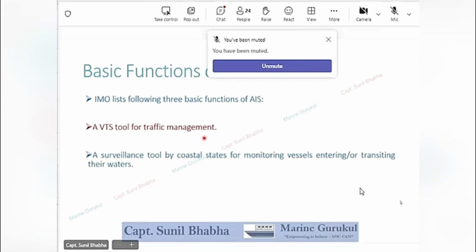Number two, looking at the security aspect, AIS is considered as a surveillance tool by coastal states, which is used for monitoring the vessels entering or transiting their waters. And AIS is certainly a navigational aid for collision avoidance. So these are the three basic functions of the AIS as listed down by the IMO.